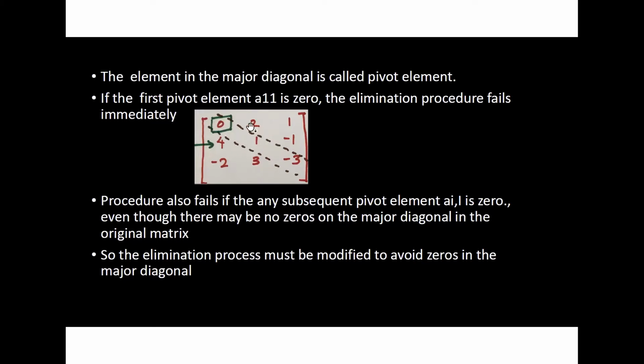So suppose 0 is here. If, while doing the elimination process, you get 0 in the main diagonal, in place of 1, while performing the first elimination, then the method is not going to work. So we have to do something which will help us make that pivot element in the main diagonal non-zero, or of maximum value. So we want a non-zero and maximum value.